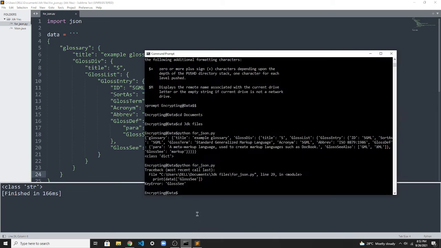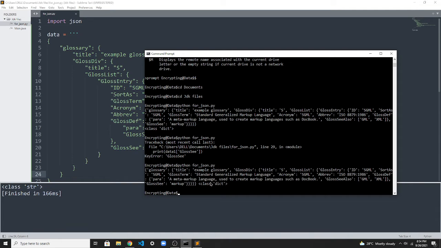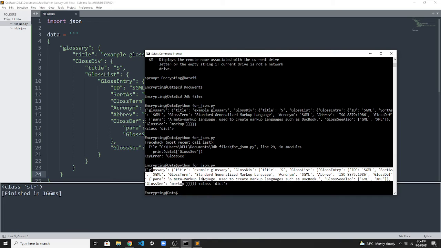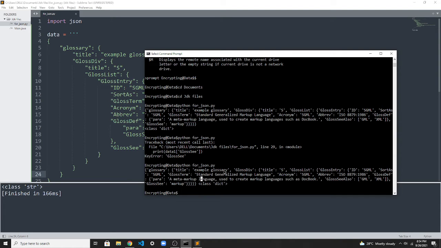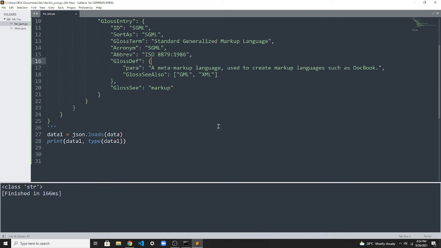As you can see, I have opened my terminal here, and as soon as I run python for json.py, you can see it has printed the JSON code, and it was a default string and now it is class dict.